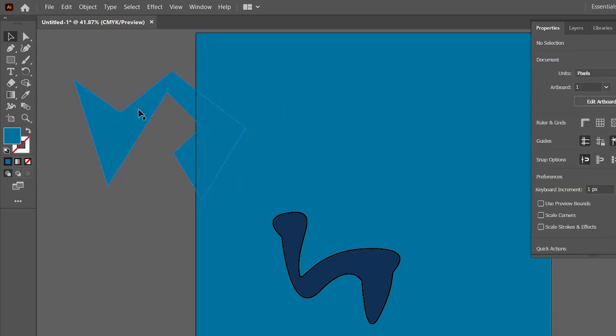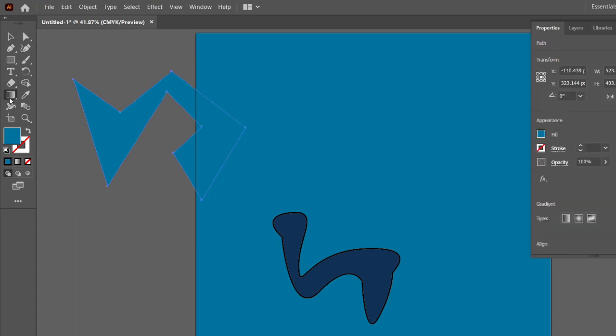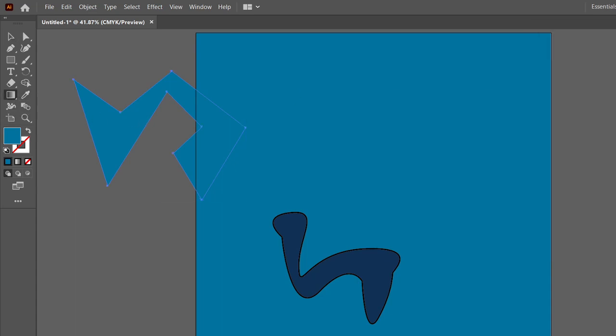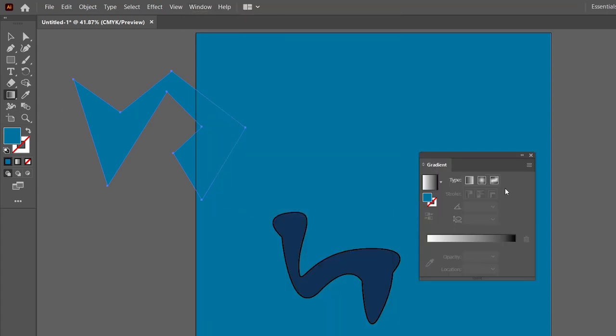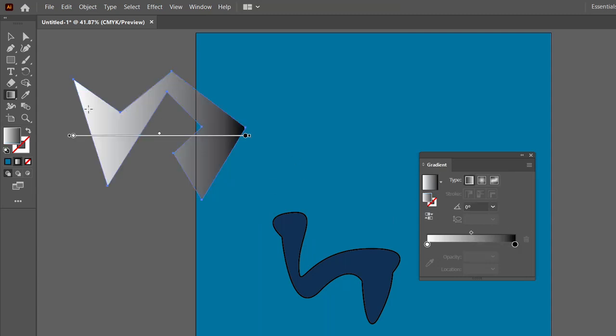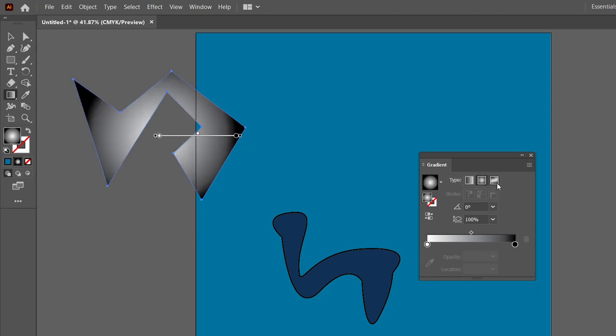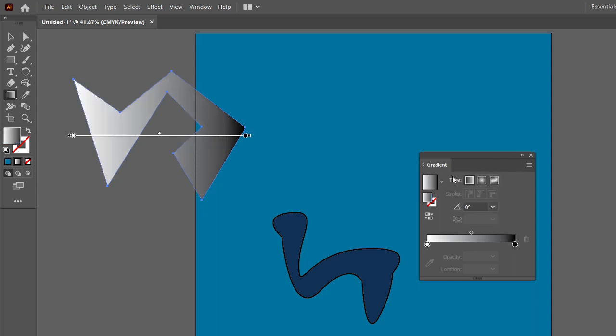And the third thing for generic colors is the gradient option. The gradient option is a very good option for styling your art. You can also access it through Windows, and the gradient option will also be available here. You select the object and the gradient, and you can attach many colors as a gradient. Here are the three types of gradient: linear, radial, and some kind of custom, but for general purposes we will be using just linear for now.